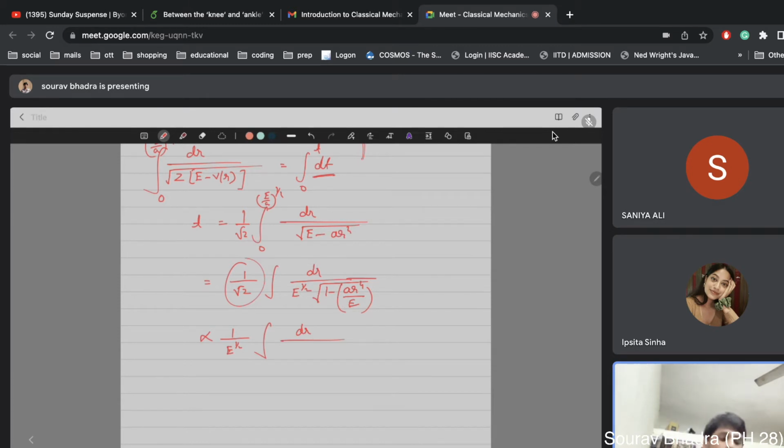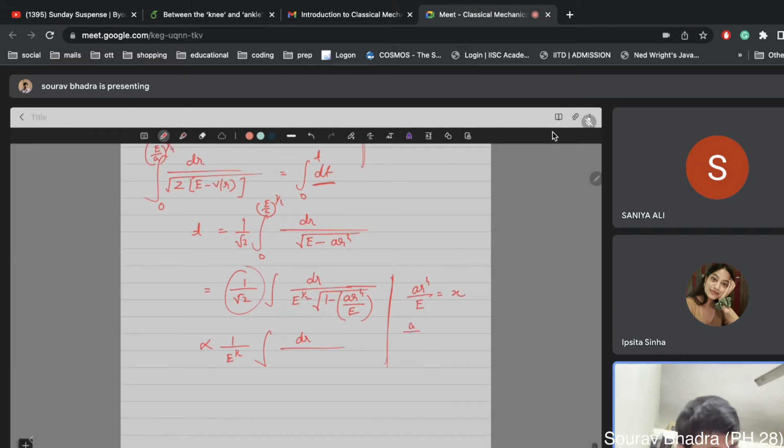I just want to show you the dependency of the time period. That's why I have absorbed that 1 by root 2 and replaced the equal sign by the proportional sign. So here you assume A r to the power 4 by E is equal to x,